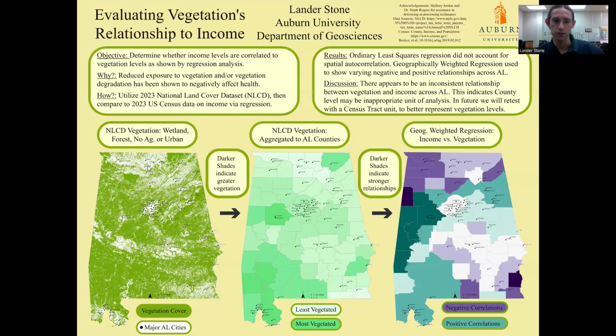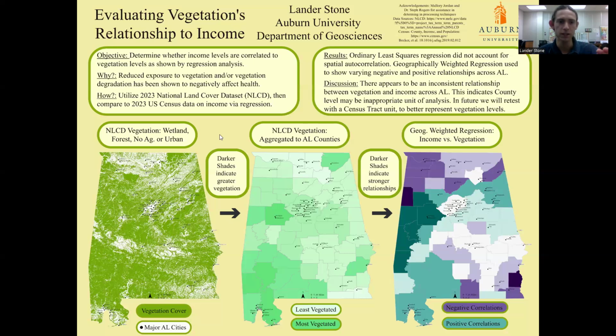So to get this, I projected Alabama to the same as the NLCD so that the area would be calculated properly, extracted by mask to get the Alabama region for the NLCD data since it covers the whole United States, built a raster attribute table. So with the new update of NLCD, a raster attribute table does not come with the data set, so it is required to build one. And then from there, I was able to do something called a reclassify to develop a vegetation level.